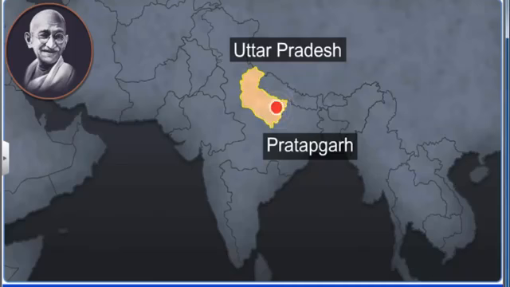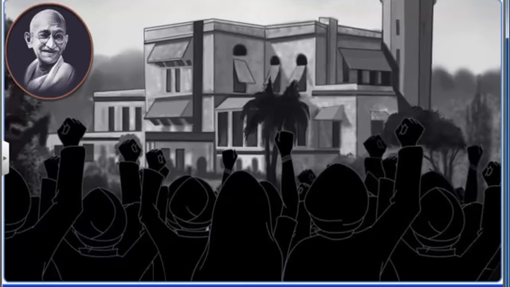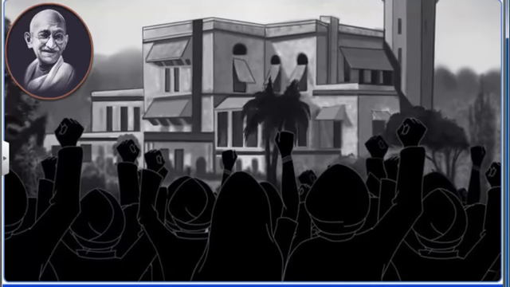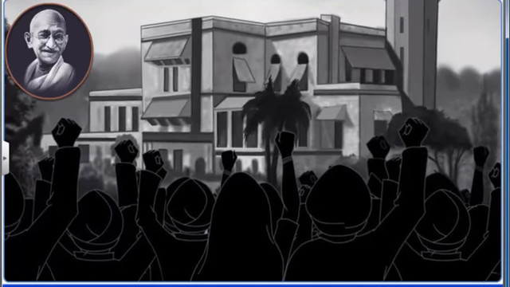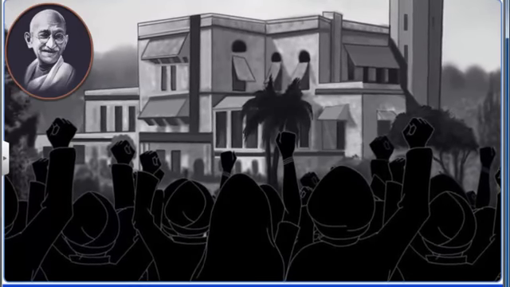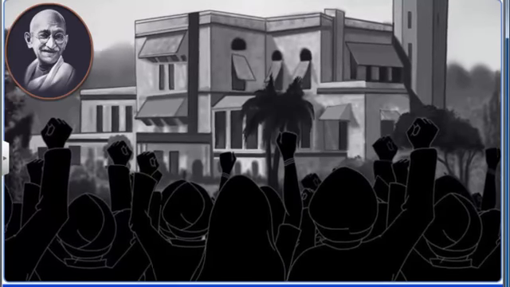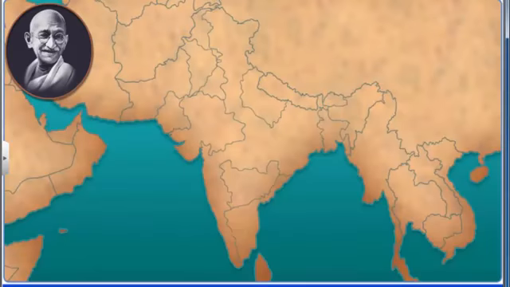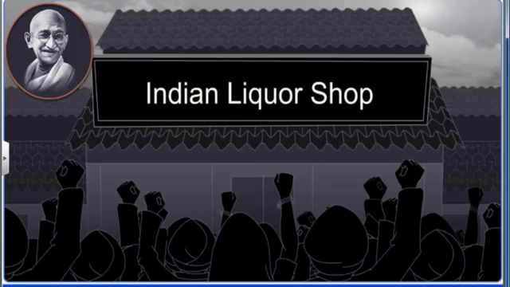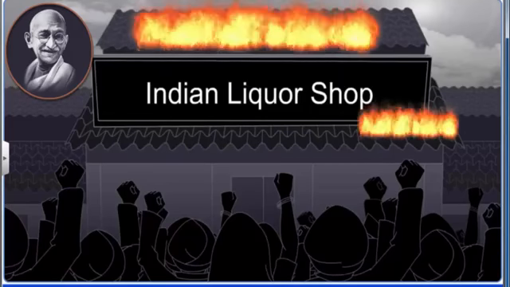The peasants of Pratapgarh in Uttar Pradesh were not far behind. They stopped the practice of unlawfully removing tenants from the land they rented and credited Gandhiji for their own efforts. Such was the people's faith in Mahatma Gandhi. However, there were also instances where people interpreted Gandhian ideals in their own manner and protested violently against the British rule.